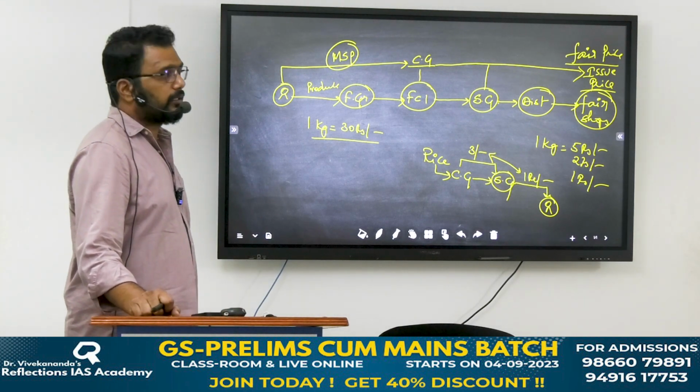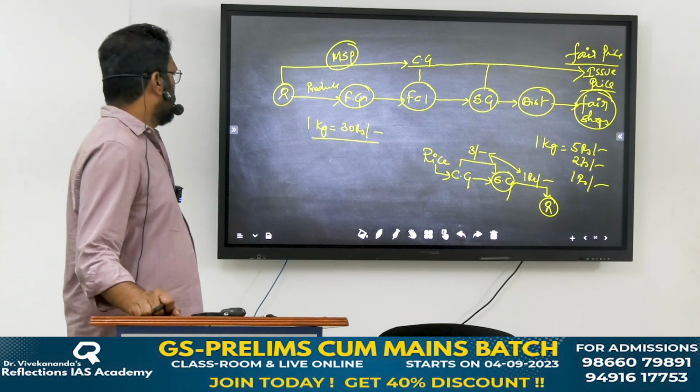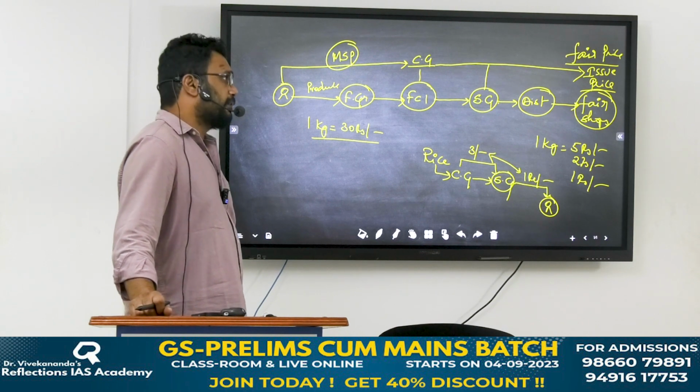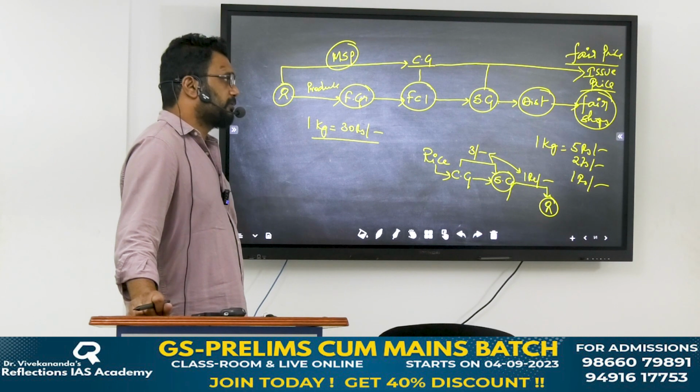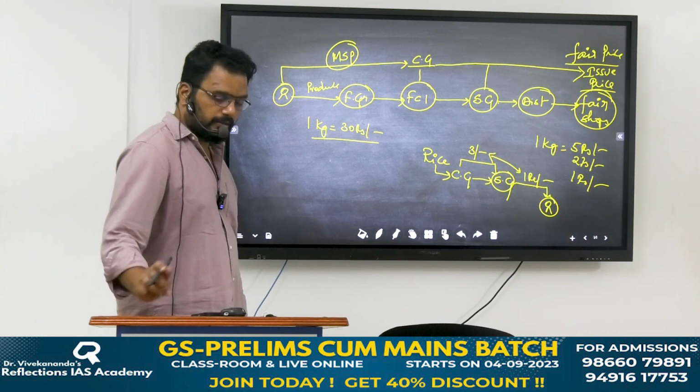For example, the Telangana government was giving rice at rupees 3 earlier, but now the government is taking an additional burden of 2 rupees and is delivering the rice at rupees 1. Okay.